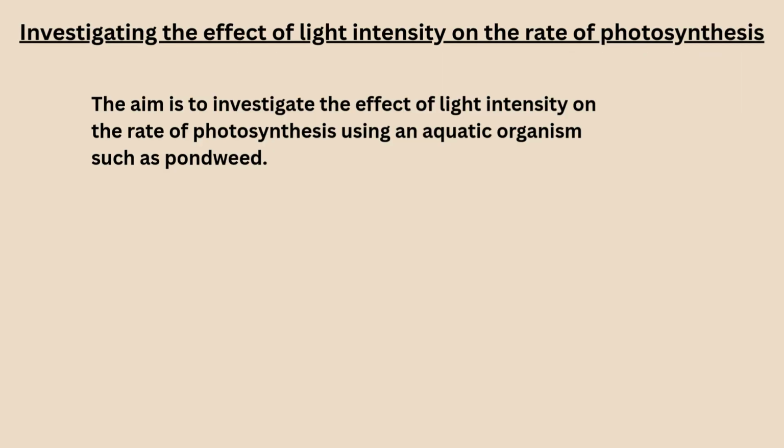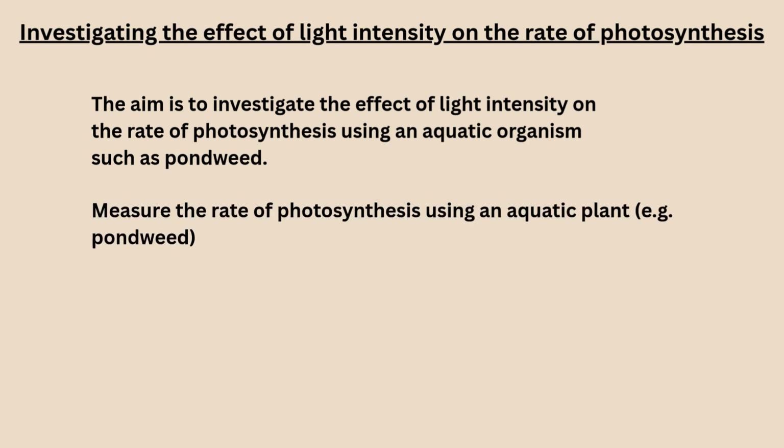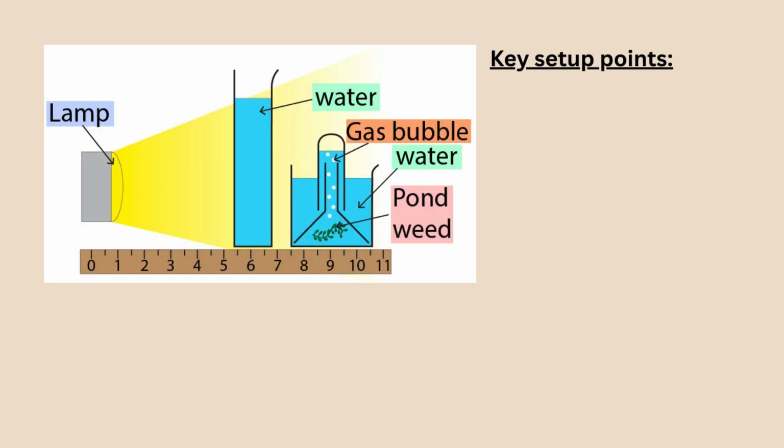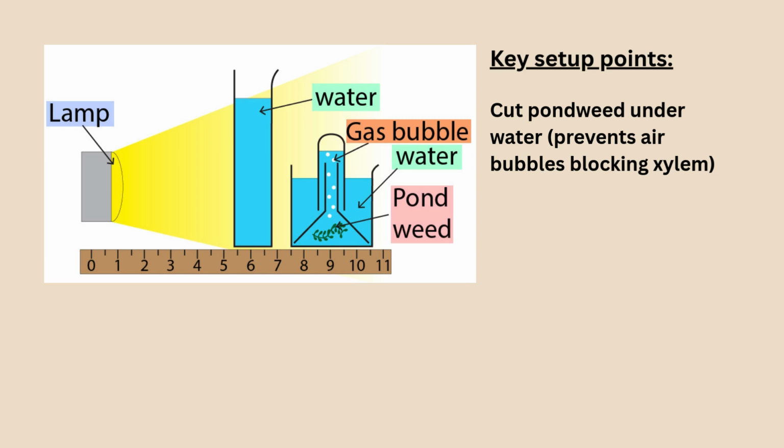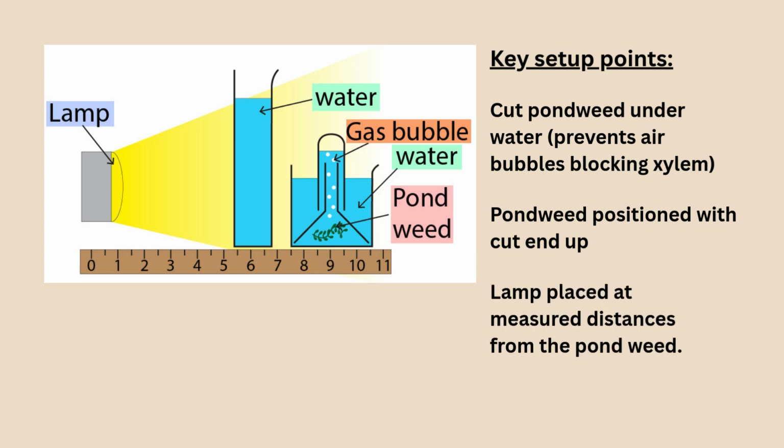The aim is to investigate the effect of light intensity on the rate of photosynthesis using an aquatic organism such as pondweed, and we will explain the results using limiting factors. Key setup points: you cut the pondweed under the water. This prevents air bubbles blocking the xylem vessels. The pondweed is positioned with the cut end facing upwards, and the lamp is placed at different measured distances from